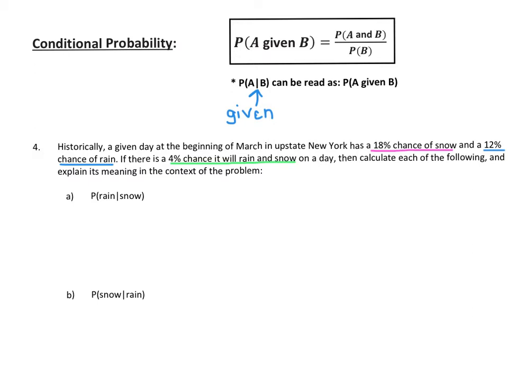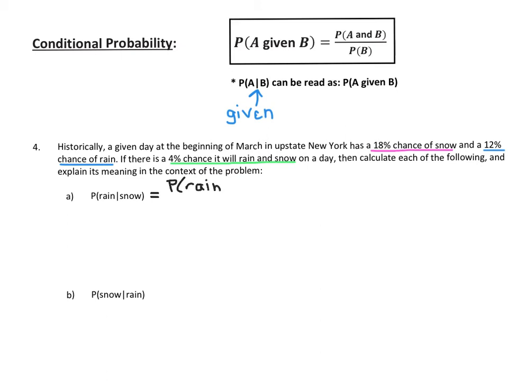All right, so we had said that this symbol right here means given. So we can read this as the probability of rain given snow. So this is the given condition. If we're given snow, what we're trying to figure out is basically if it snows, what is the probability that we're also going to have rain? All right, so let's follow the formula at the top of the page here. It says the probability of A given B is equal to the probability of A and B. So this is going to be equal to the probability of rain